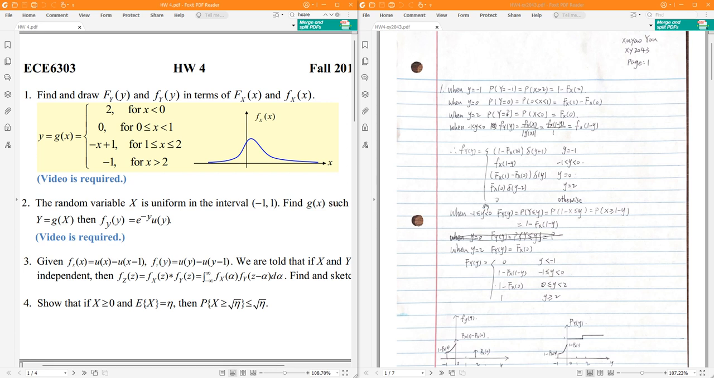For this part, we can use this method to convert y to x, and we can get a probability of x greater than 1 minus y, which is 1 minus fx of 1 minus y. And for y from 0 to 2,